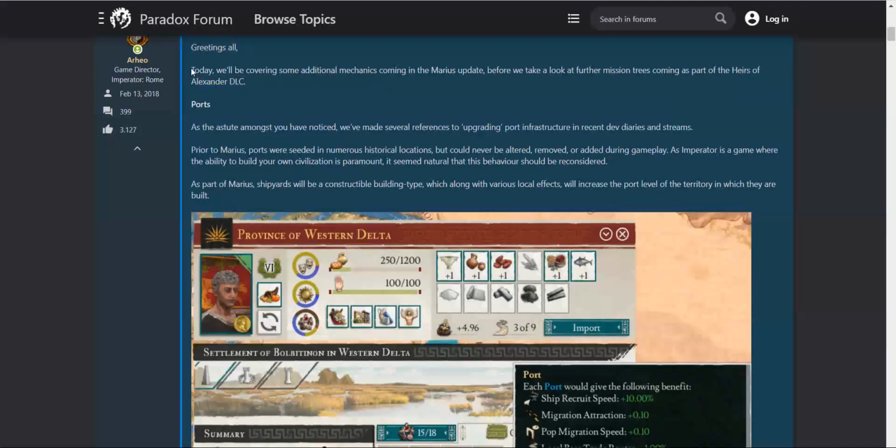Greetings all! Today, we'll be covering some additional mechanics coming in the Marius update, before we take a look at further mission trees coming as part of the Heirs of Alexander DLC. Very cool. So, what they're going to cover in this Dev Diary, to start with, are ports. So, ports,